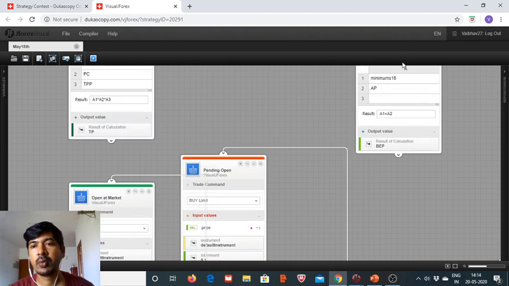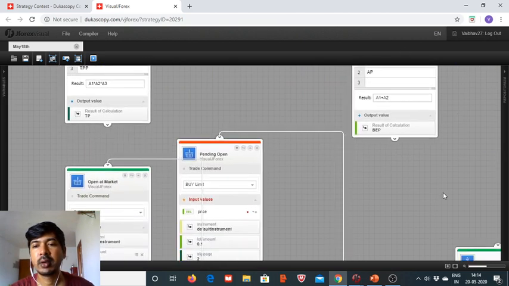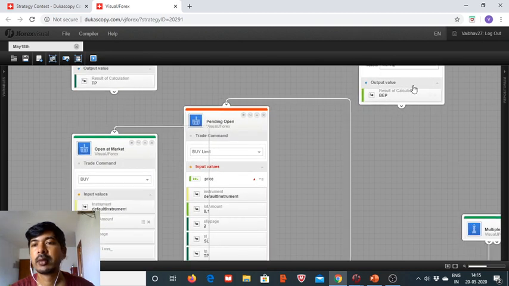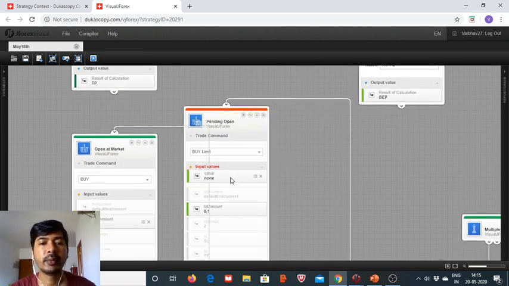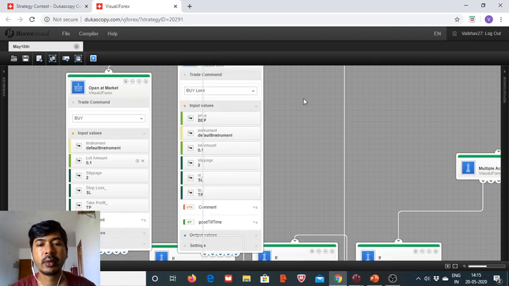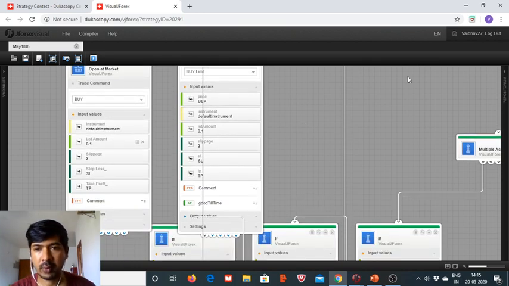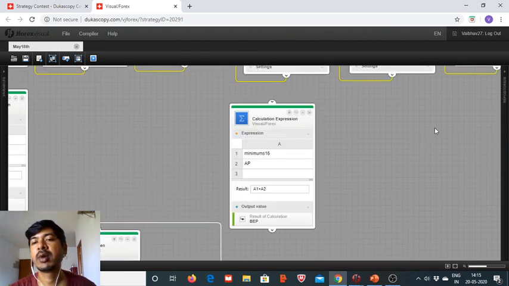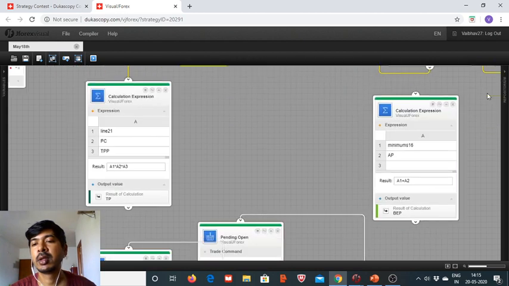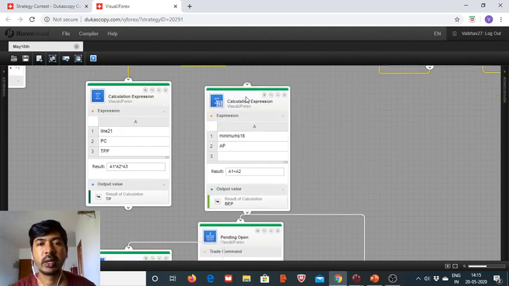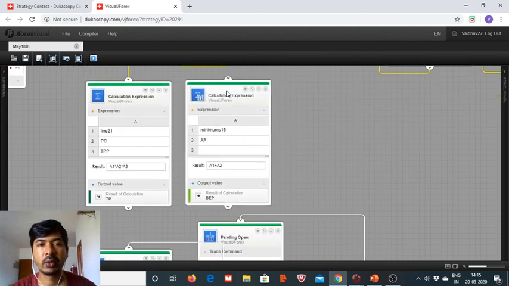So now we got this buy execution price as well. So we put it here. Now good till time, order validity time is yet to be defined. So we need to do one more calculation, and once we define the order validity time,